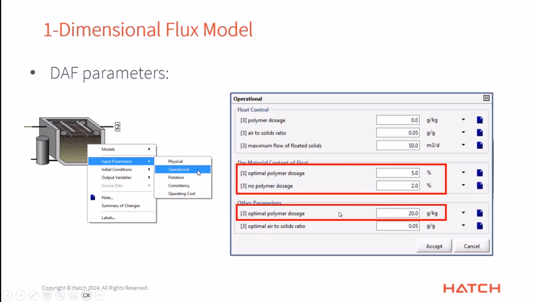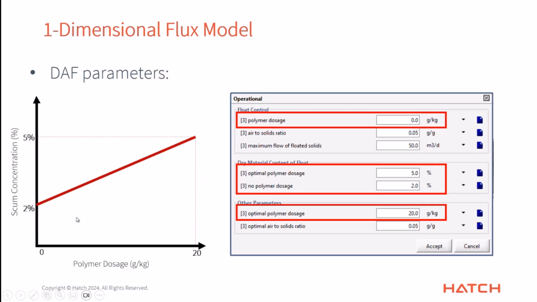Right? So 0 gives me 2% solids, and if I put my polymer dosage at 20 grams per kilogram, then I get 5%. So by adjusting these things, you can change the shape of that relationship as needed and calibrate your model. And when you get to the point that you're actually applying the polymer dosage and saying this is how much we're actually using, it just tells you where you fall on that line. If it's this kind of linear relationship, from 0 to 20, we're going from 2 up to 5% solids, and wherever we're dosing will tell us where we fall